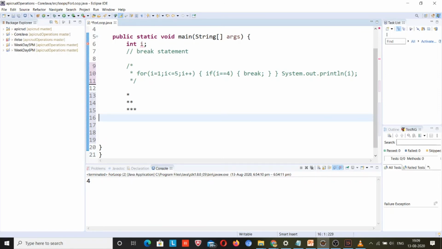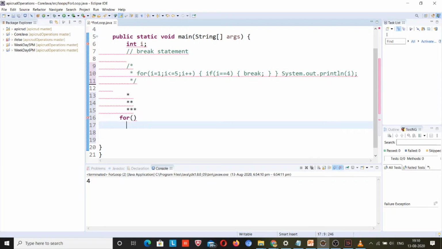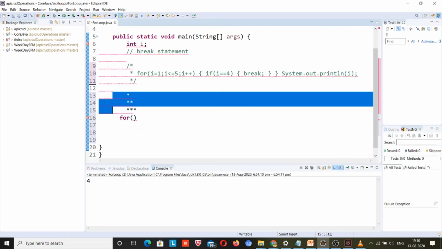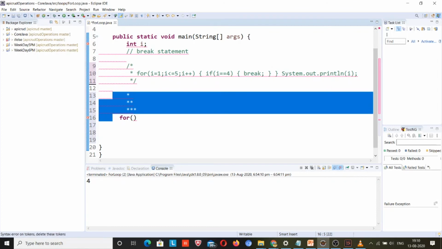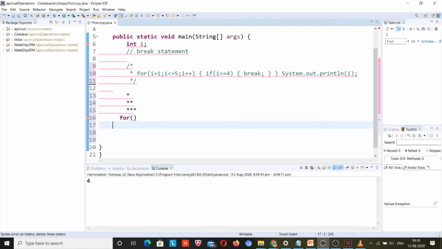Suppose I make it 3, right? Here you have to print till 5. I am explaining for 3, so this will be very simple. You need to know how many lines there are. 3, right? Rows are 3, so run this 3 times.